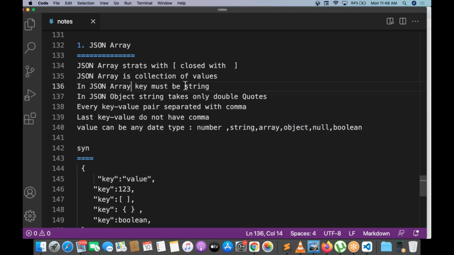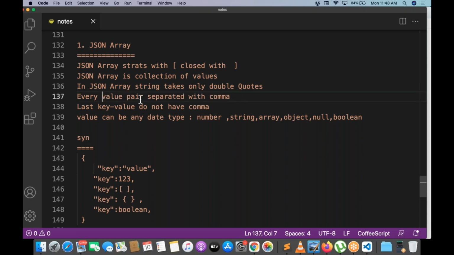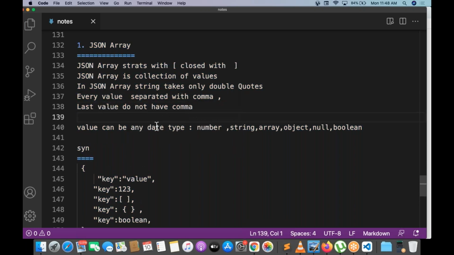In a JSON array there is no key. String takes only double quotes. Every value is separated with a comma, and the last value does not have a comma. And a value can be any data type. Collection of values means a value could be any kind of data.